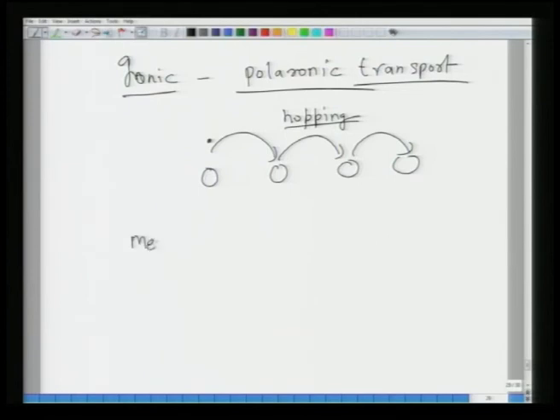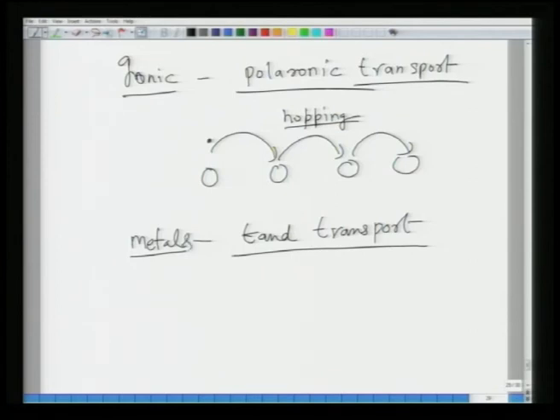In case of metals, it is band transport, which means electrons travel within the energy bands. If you go into the band theory of metals, you will find the reasons for band transport, but at the moment let us stick to the fact that electrons tend to move within the bands, which means under different energy levels. So, there we are not looking at the conduction as a function of the transport distance.